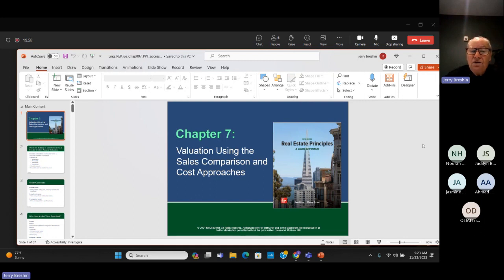So can realtors do appraisals? Yes, but only in certain circumstances where you are not doing it for an institution. Not doing it for a government agency. Maybe a government agency, the local VA, Veterans Administration, asks the realtor to value the property that maybe a military person, retired military person, wants to purchase.